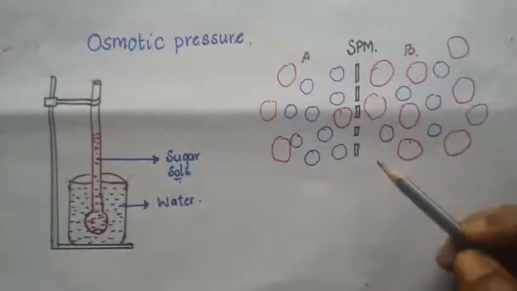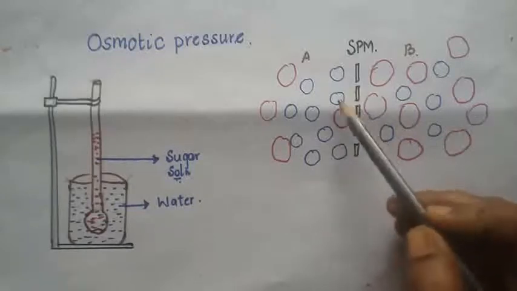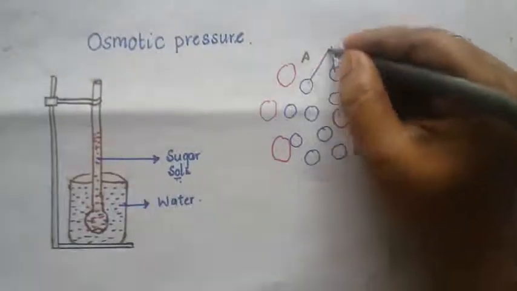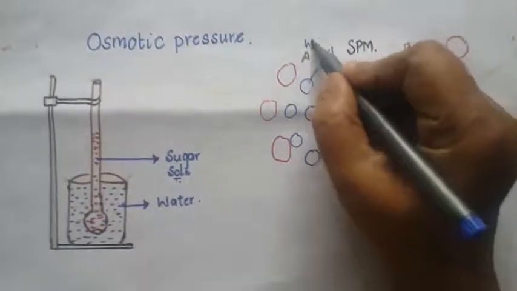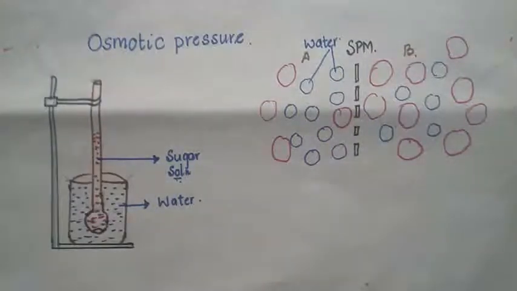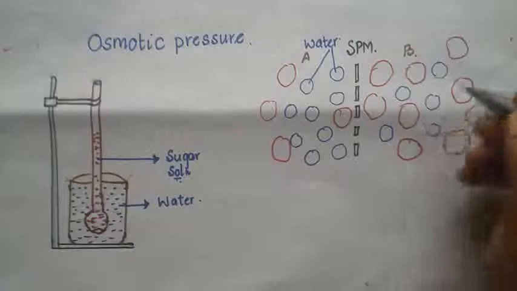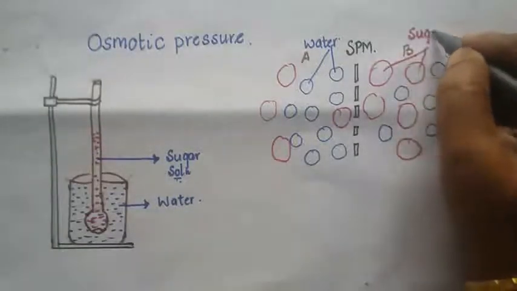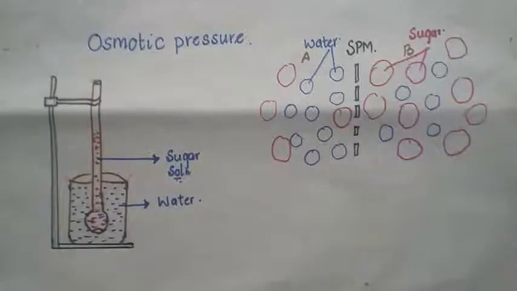Now let us take an example. If you look at the number of water molecules, the blue coloration is nothing but the small sized water molecules, and the pink color represents the large sized sugar or salt molecules. So according to osmosis,